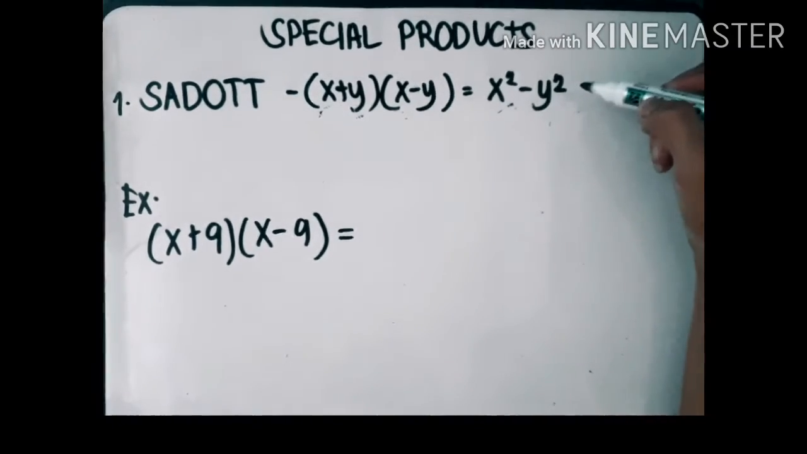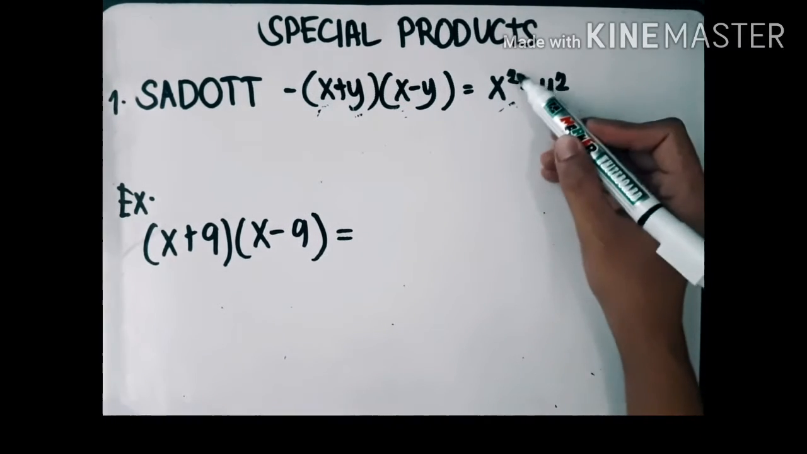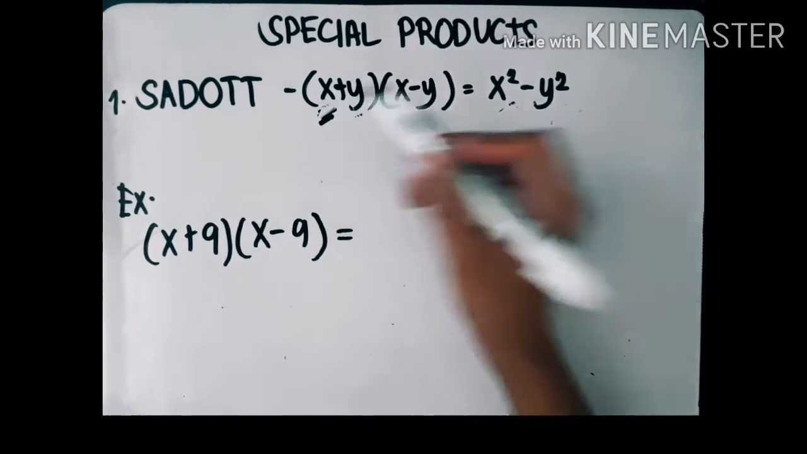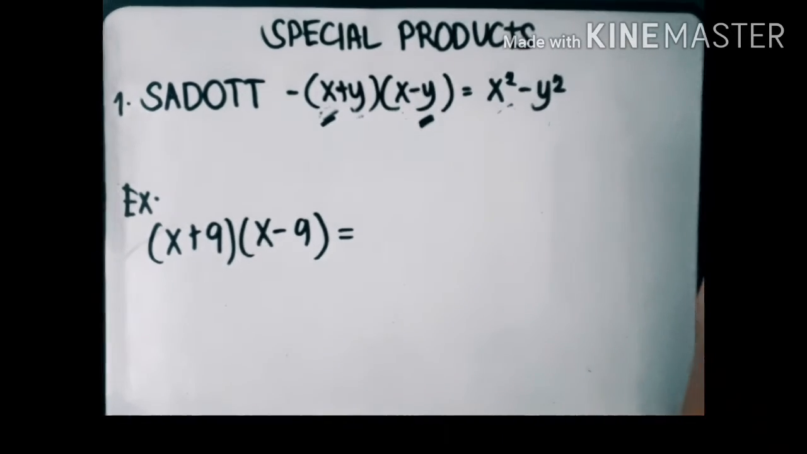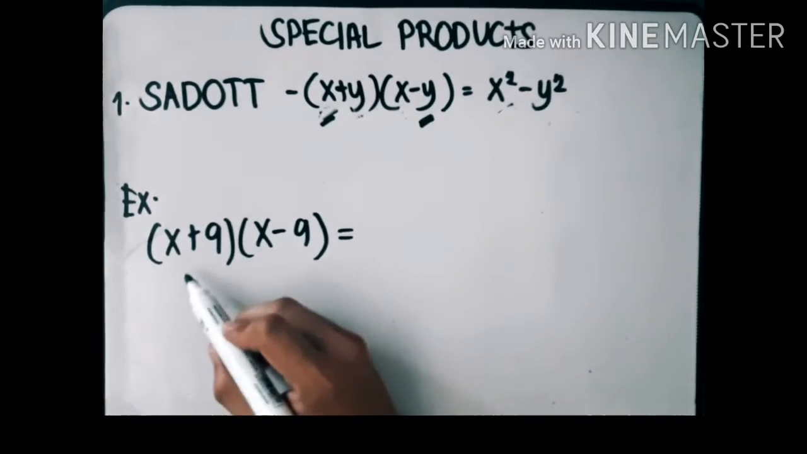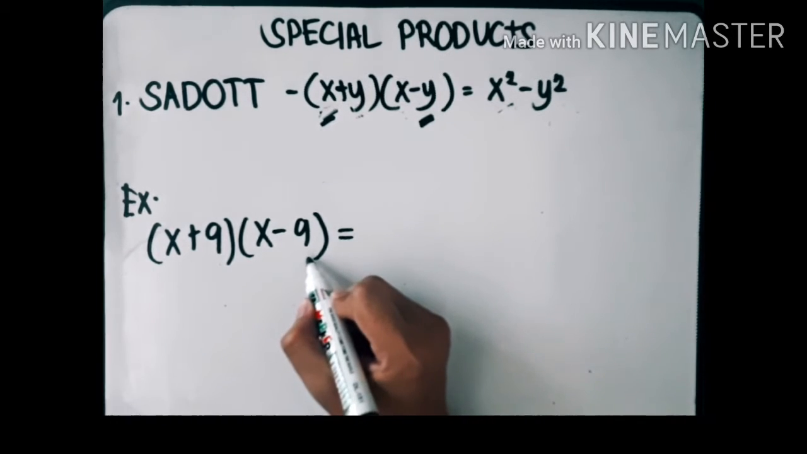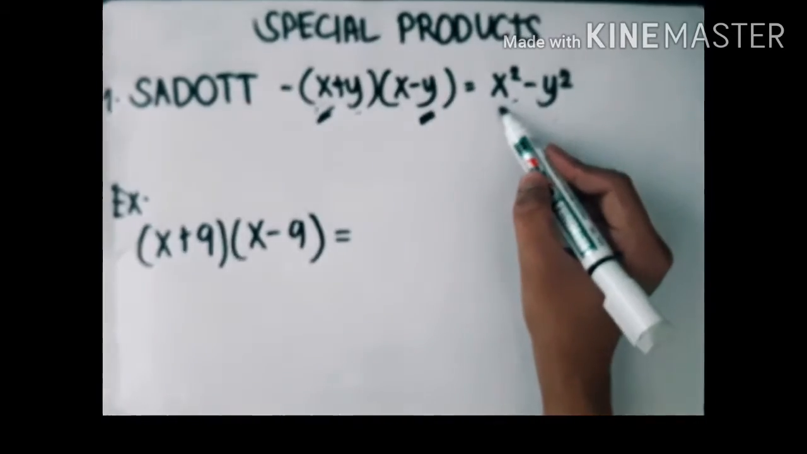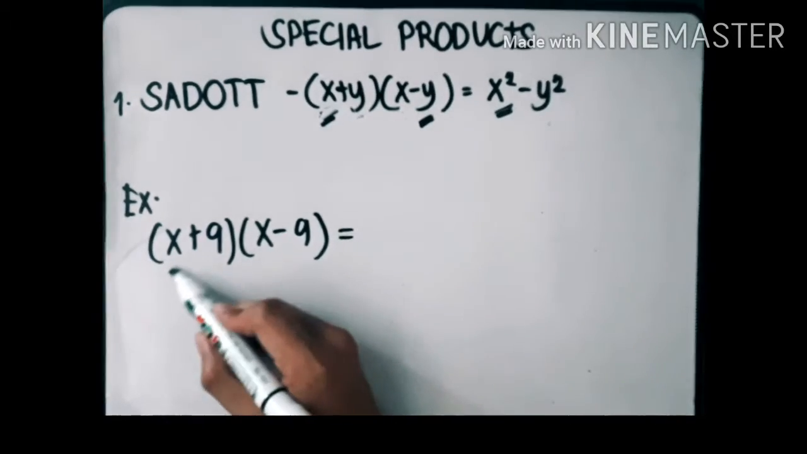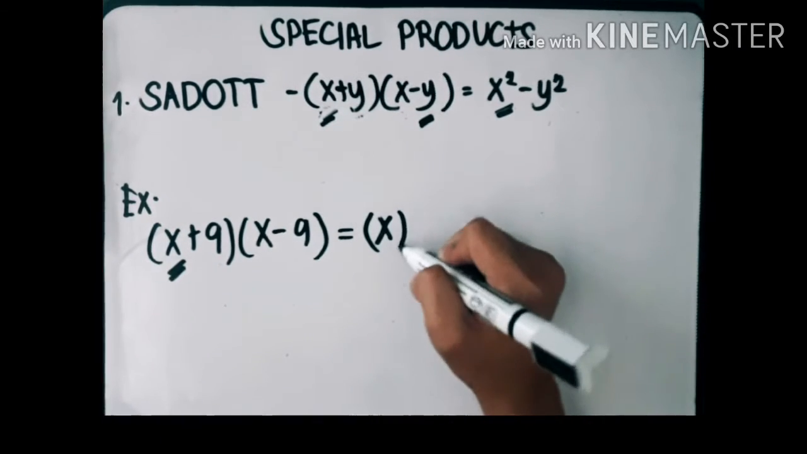So, according dito, the sum and difference of two terms is equals to the square of the first term minus the square of the second term. So, for the example, x plus 9 multiplied by x minus 9, para ma-factor out daw natin ito, we have to first square the first term, which is yung x. So, in this case, yung x i-square natin